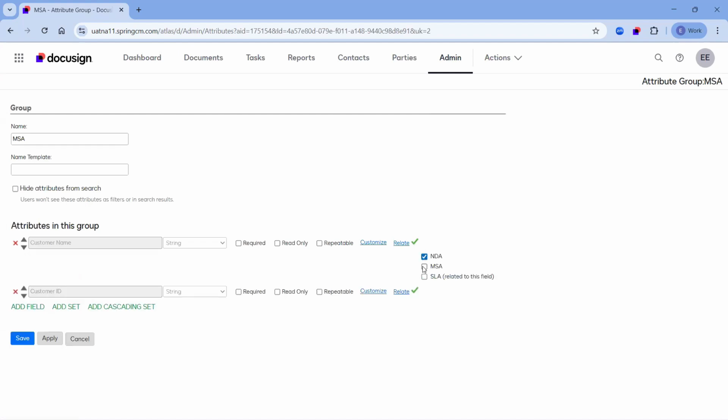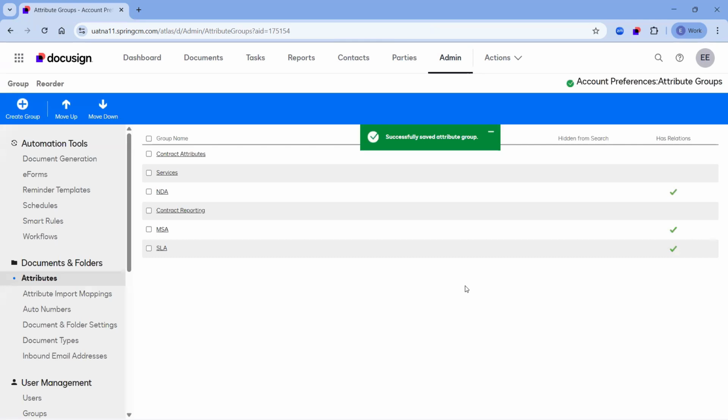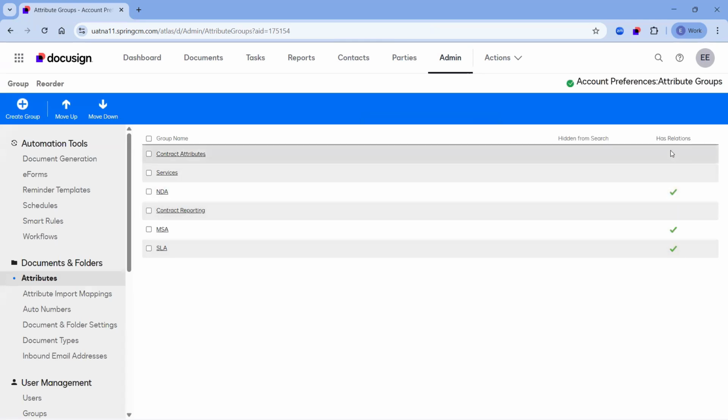And I need to check them going the other way too. And save. And on the attributes group page, you can see any of the attribute groups that do have relationships with the green check marks.